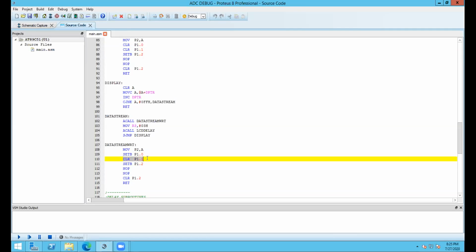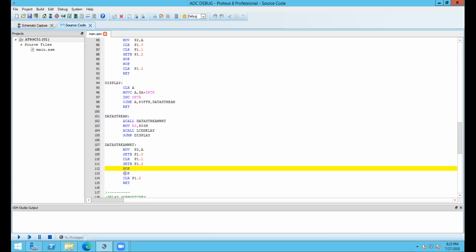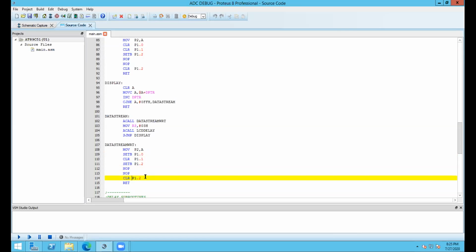We are clearing 1.1 here, and that lets the LCD know that now we are going to supply the data, not the command. And we are waiting for 2 clock cycles and clearing this again, 1.2, that is the EN. And returning to this function.